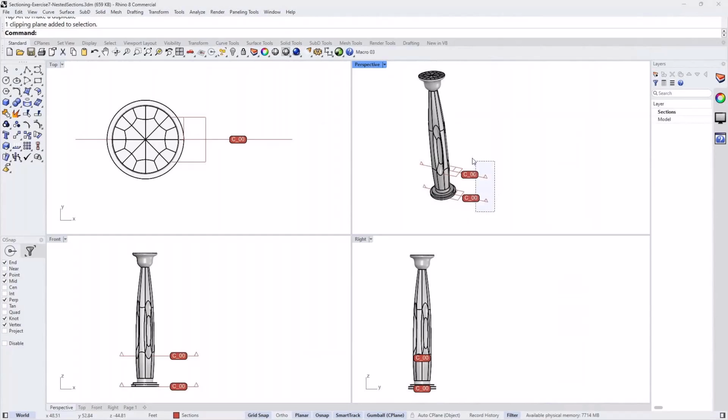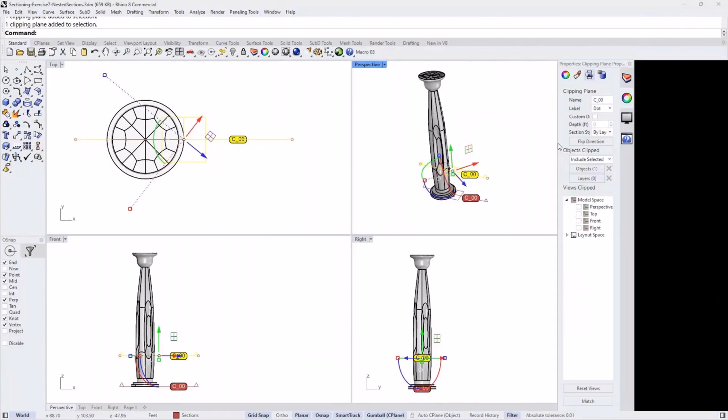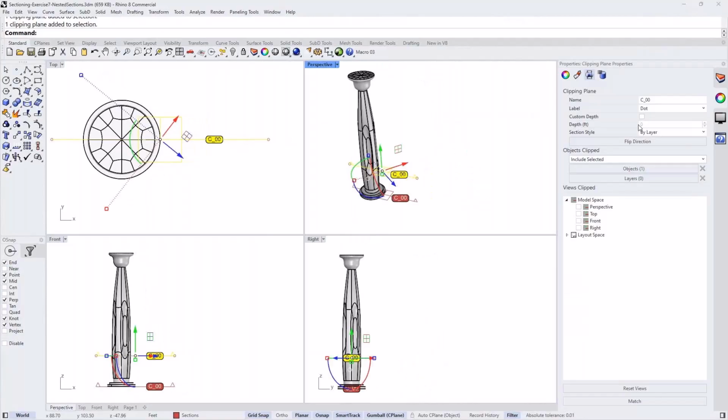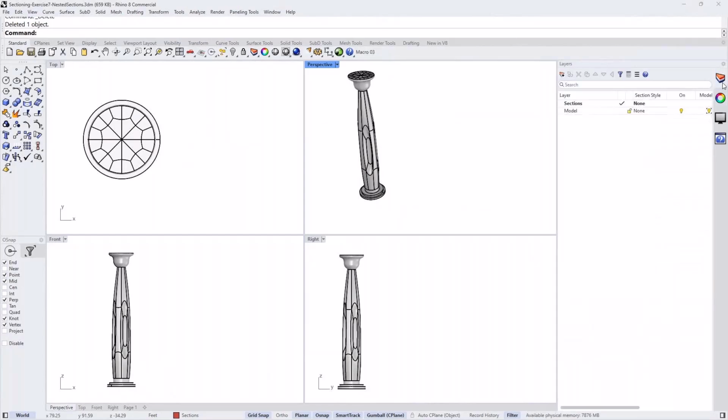So by default, the clipping planes with the properties that have been updated in the property name here don't quite register with the list of sections that get managed, and this is why it copies the exact same one. And you will see what I mean in a second. So let's just delete both of them and make sure you are inside your sections layer.